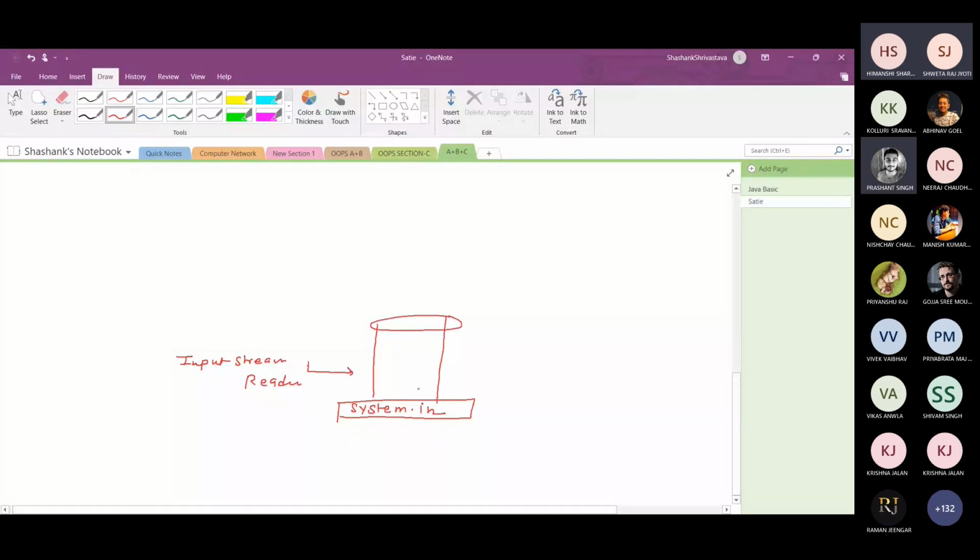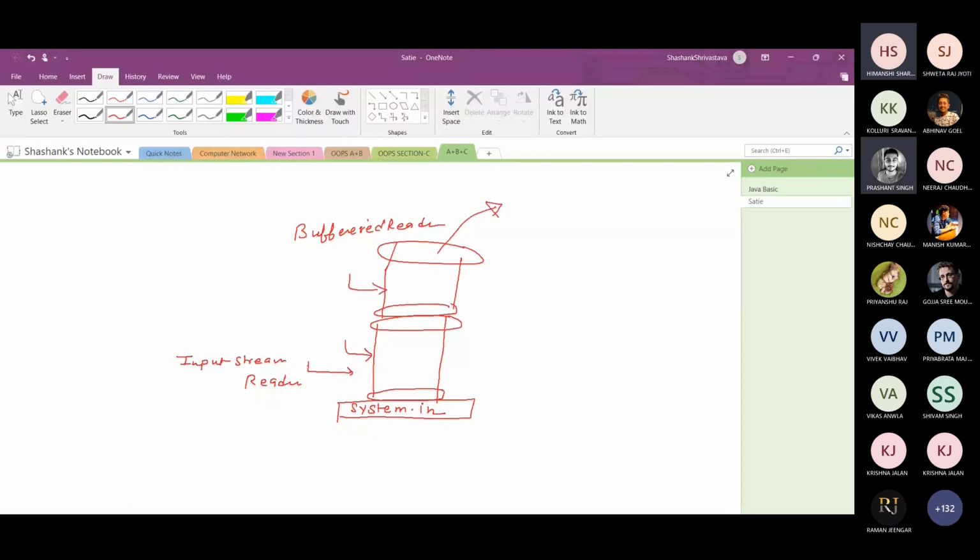This is a stream, an input stream, and this pipe is going to connect to another pipe. This pipe is connected with the BufferedReader pipe. So basically, in order to read the data from the keyboard, a pipe of type InputStreamReader is connected with the keyboard, and in order to improve the performance, this InputStreamReader pipe is connected with BufferedReader, and now you can read the data from the BufferedReader.